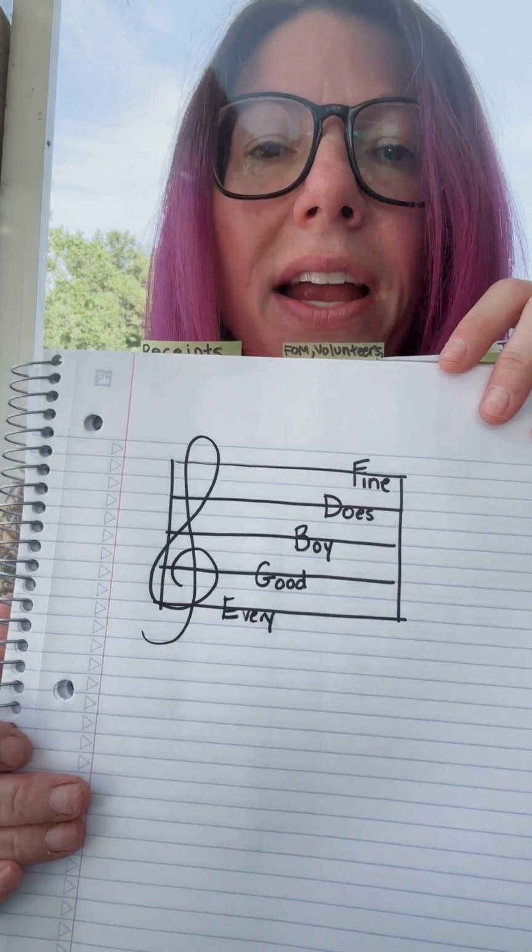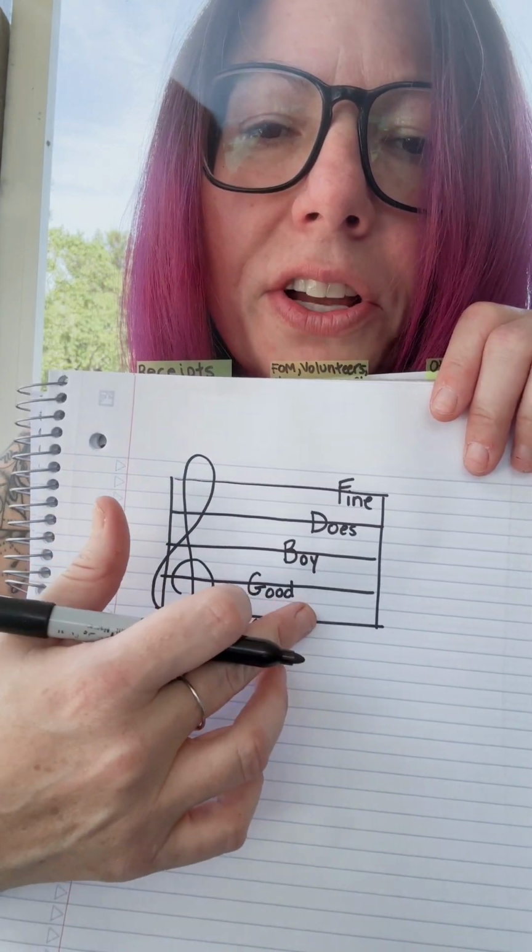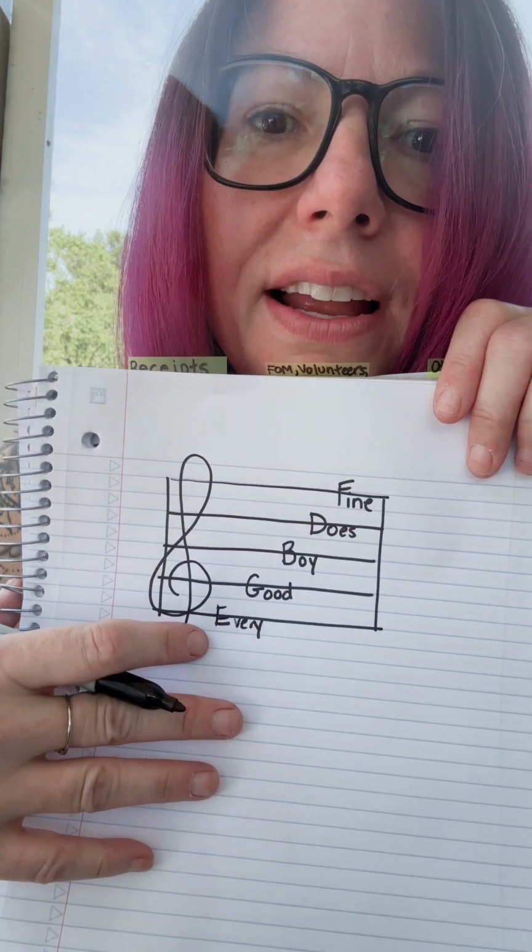Now, I know you're thinking, Miss Stacy, it's kind of hard to remember those letters. Well, that's okay. We can put words to go with the letters. You can come up with your own words if you would like to. That's fine. But actually, there's one that a lot of people use. And the words are every good boy does fine. See, every starts with E, good, boy, does, and fine, right?